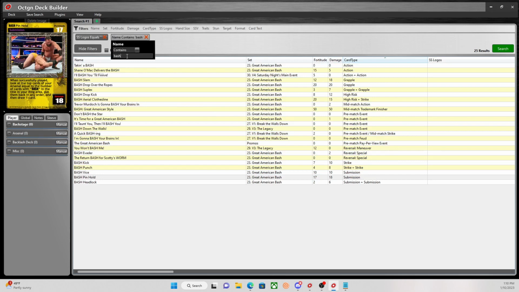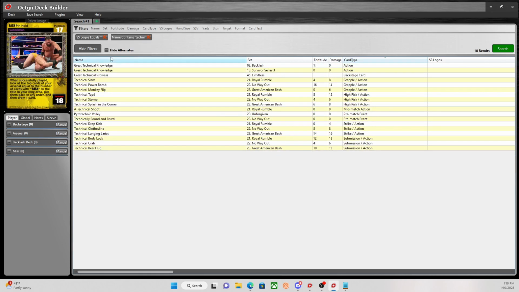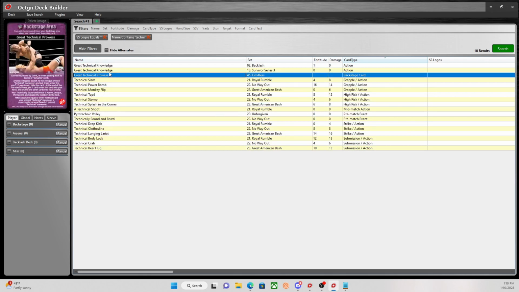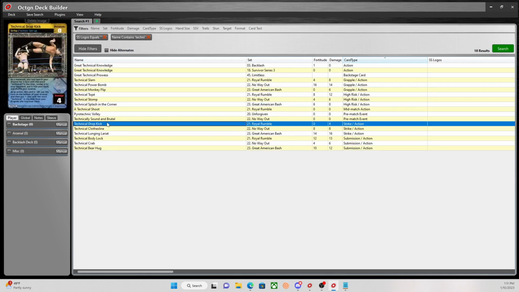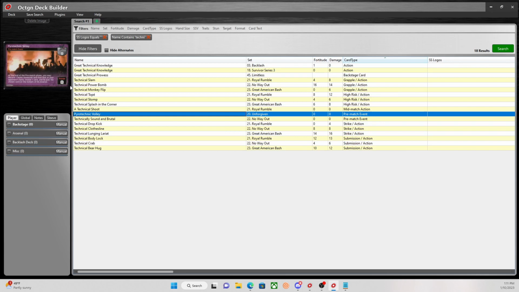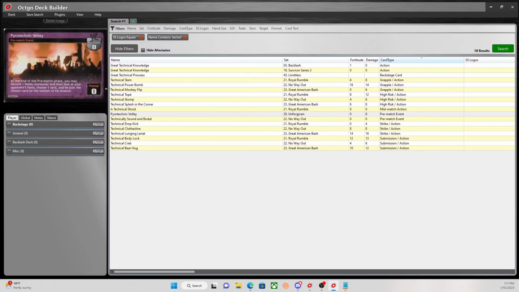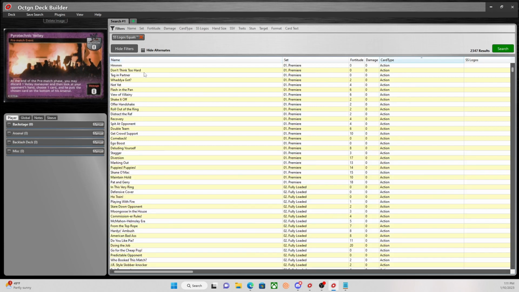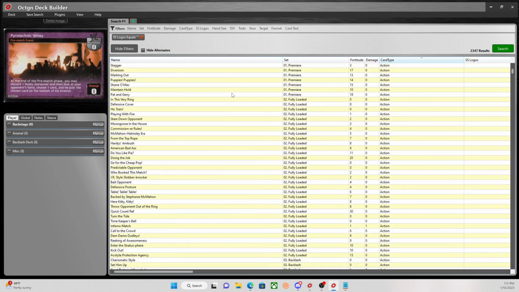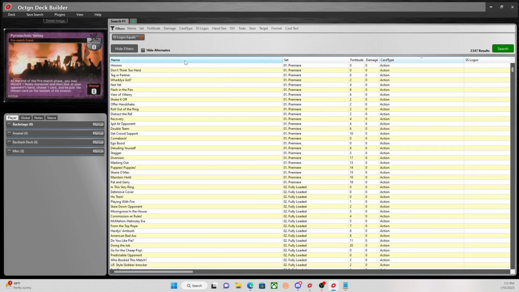And yeah, and just if you say "technical," there you go. And you can look up any card that has the word technical in it. And pyrotechnic came out because I didn't type the whole word, but you get what I'm talking about here. Let's see, and then there's some other cards too that you could